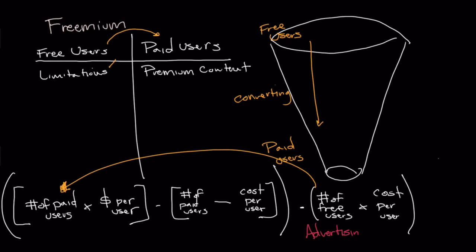But the advertising largely is not going to support the entire base of free users. So what ends up happening is the paid users, in this case, end up in most ways subsidizing the free users to use the content and not have to pay for it. And so in terms of the business model, what you're trying to figure out is what is the break even, right? What's the relationship of paid users versus free users that I need to have